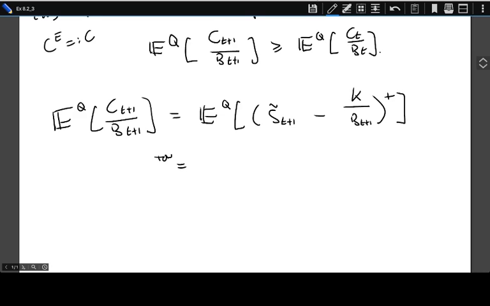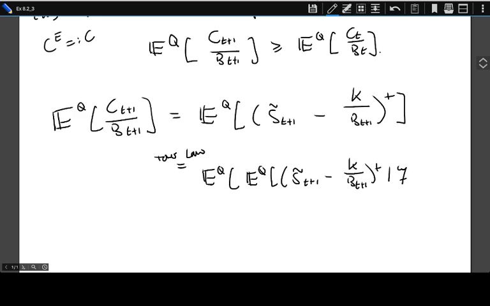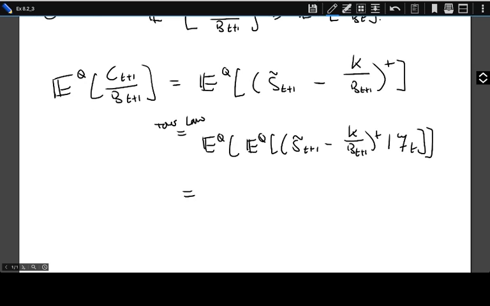Using the Tower property, or the Tower law, this is equal to this nested expectation, nothing changing here at all. This is the absolute magic of the Tower law. Since taking the positive part of a real valued number is a convex function, we can use Jensen's inequality